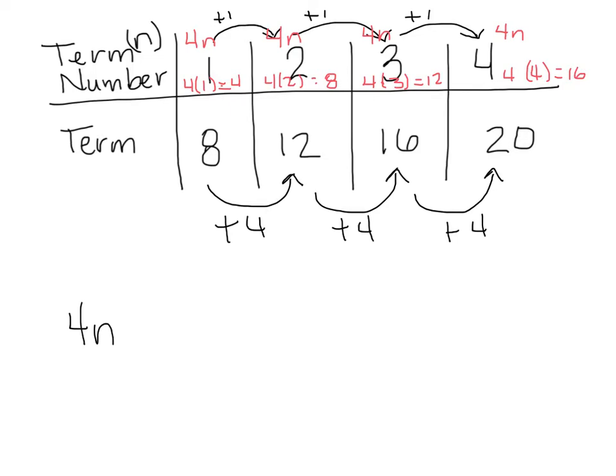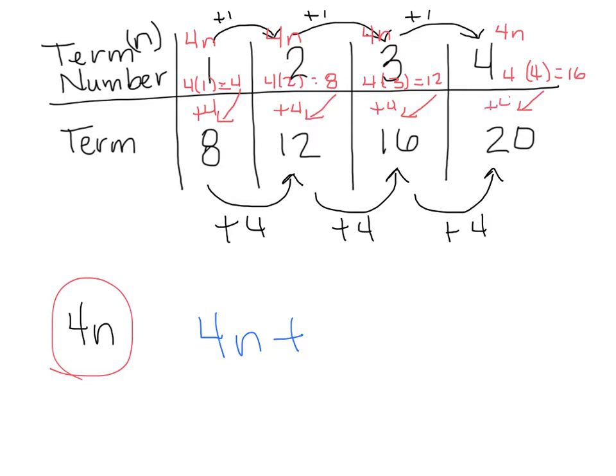So actually what's happening is my terms each time are increasing 4 more than what my expression is implying. That is consistent each time. So instead of our expression being 4n to find the nth term, my expression would be 4n plus,